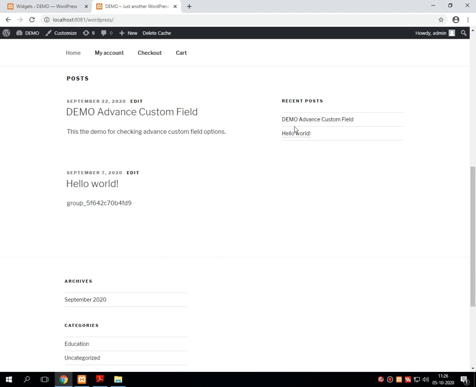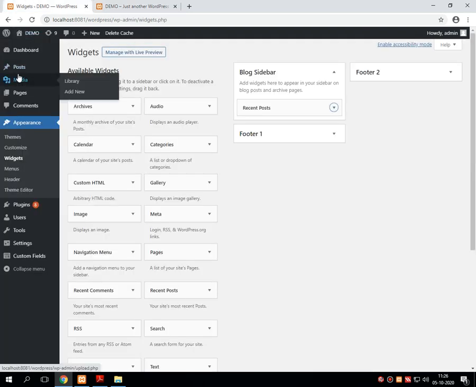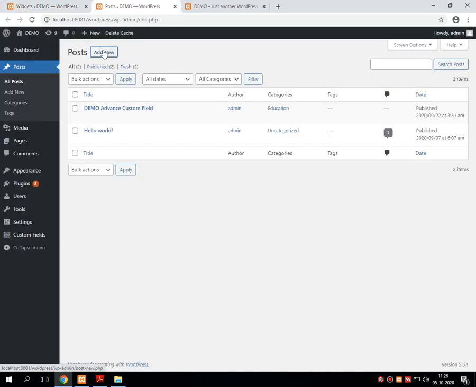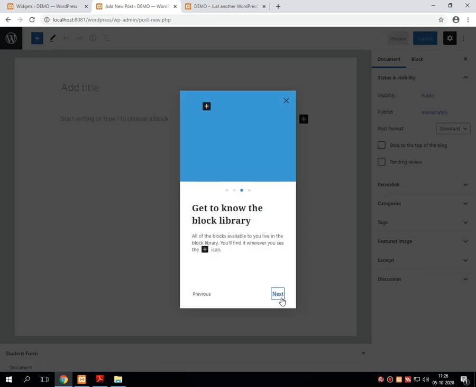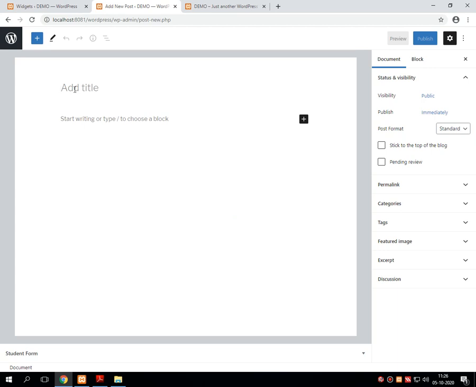Right now in my WordPress there are two different posts created. Let me create a new post today. So I'm just going into the post. Once the page is loaded, I'm pressing add new. I'm giving the title of this post as today post.